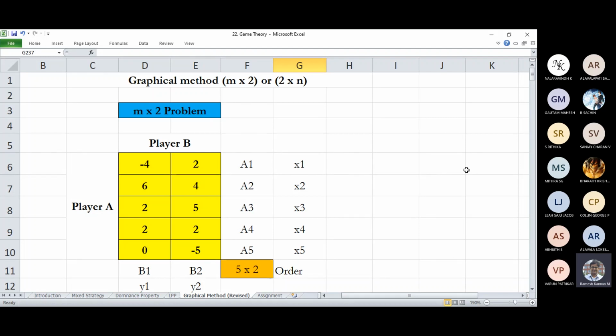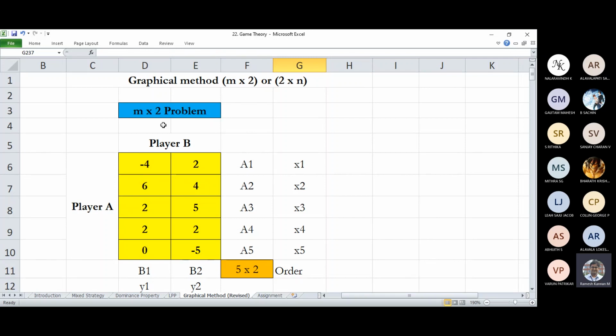So the player B strategy is only 2, whereas player A can have multiple strategies. So finite strategy, we can solve using the graphical method. The reason we emphasize that one of the dimensions should be 2 is that we will be mapping it in a Cartesian coordinate system, with x and y, or in other words, we'll be using p and 1 minus p strategy. So it is mandatory to have one dimension be 2.